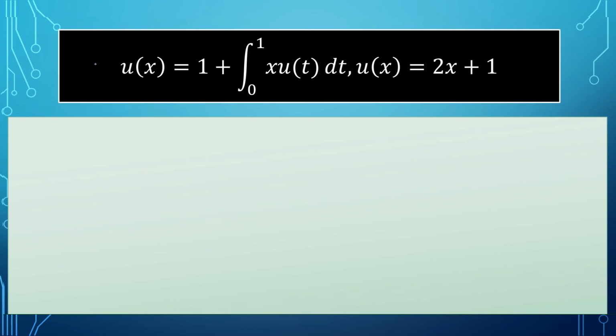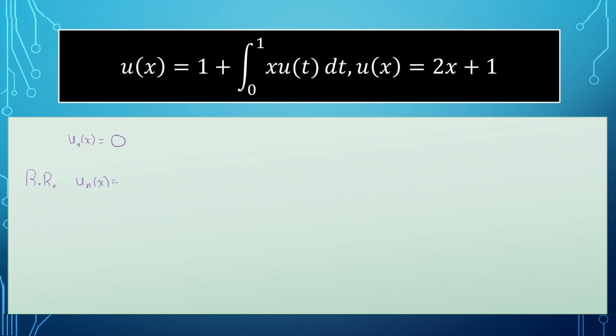This is the first question. As we can see, it's not Volterra, it's Fredholm, but it's fine. We will solve it with the same steps, okay? The first step is to put a value for u0. So u0 will be equal to 0, okay? Let's take the safest initial value. Our recurrence relation will be as the following: